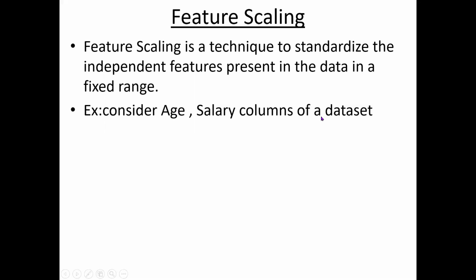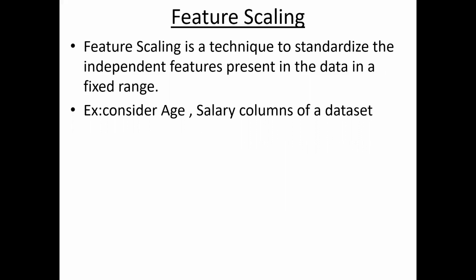Consider age and salary in the previous example. Age values are between some 20 to 40 or 50. Salary values are between, for example, 10,000 to 1 lakh in our case. If you subtract age from age, 40 minus 30, the result is 10. If you subtract salary from salary, some 20,000 minus 10,000, the result is 10,000. So there the difference is 10, here the difference is 10,000. But generally, in mathematics, 10,000 has more significance. But in our case, the difference of 10 in age has the same significance as the difference of 10,000 in salary. So what we need to do is give the same preference to the age.